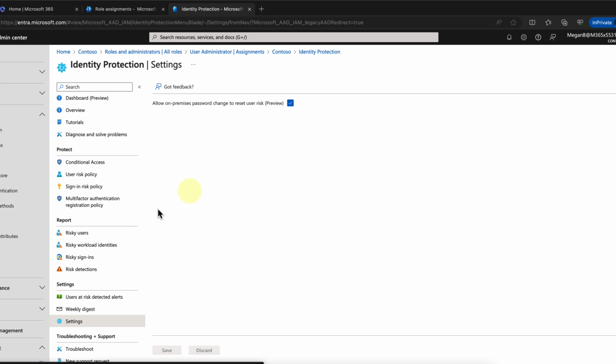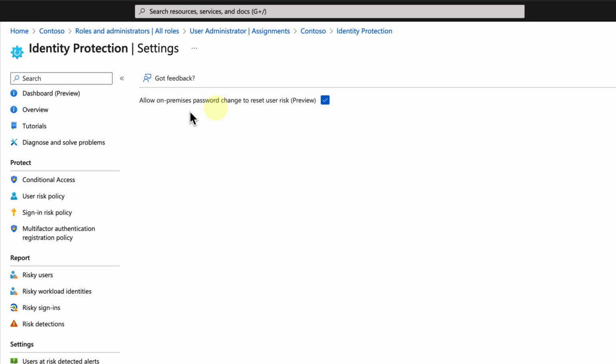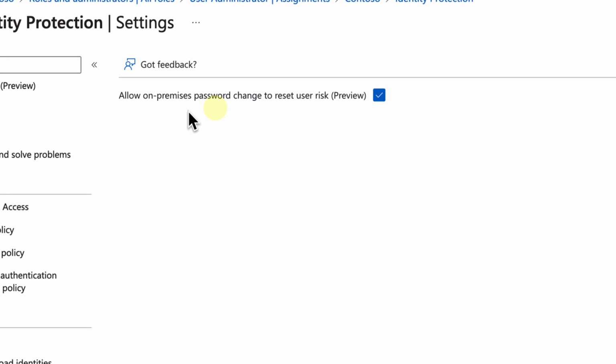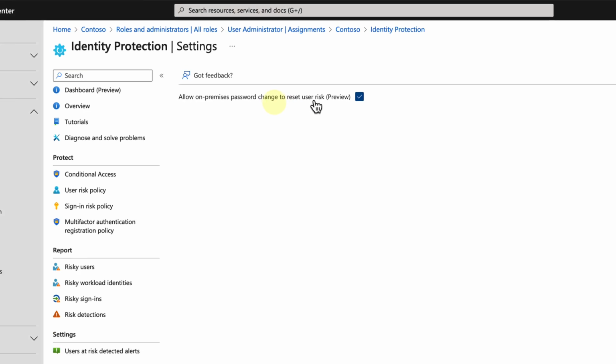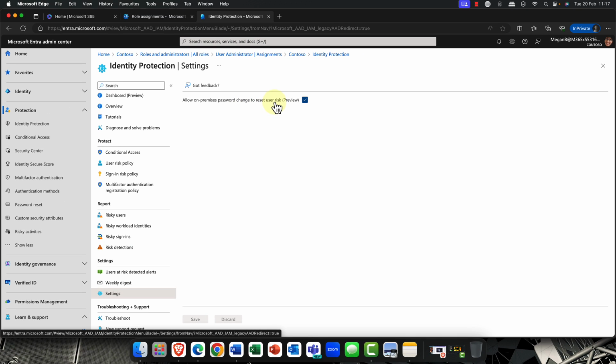So if I go into settings here, if you are one of those organizations like many and you're in hybrid, you definitely want to switch this on. It's currently in preview. Allow on-premises password change to reset the user risk. I am not a fan of self-service password writeback.